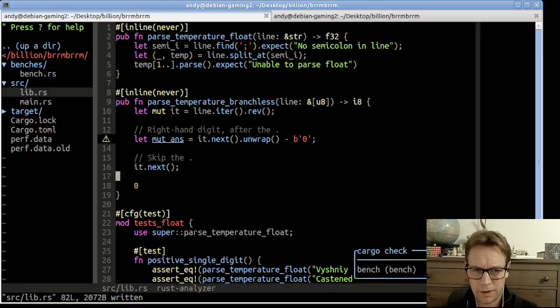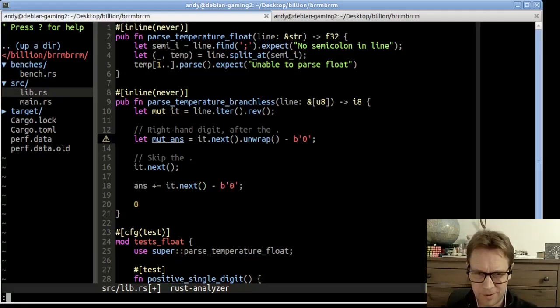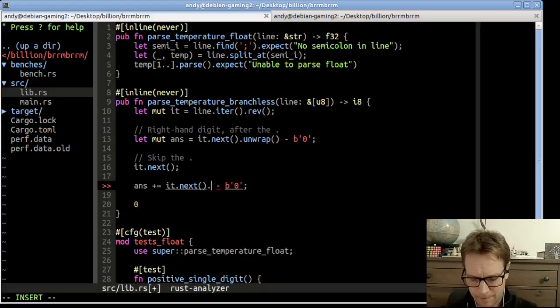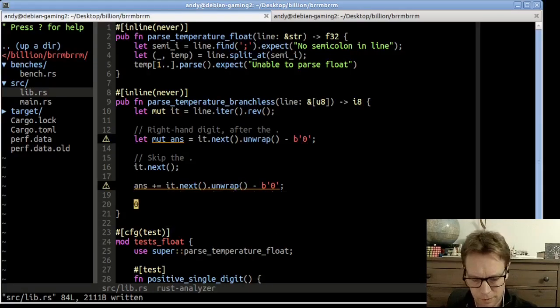And there's always at least one more digit. So we're going to say ans plus equals it dot next minus. Now hang on. I haven't explained what I'm doing here. So if we've got this, should be unwrap again. Now these iterators won't be none, because